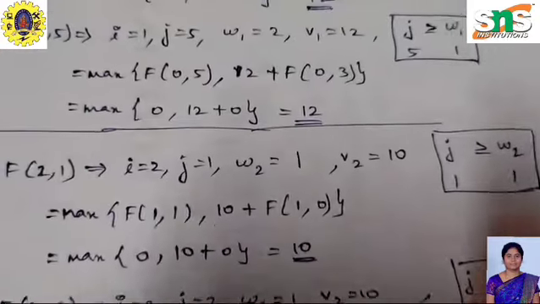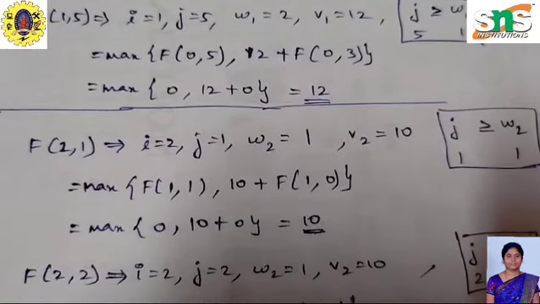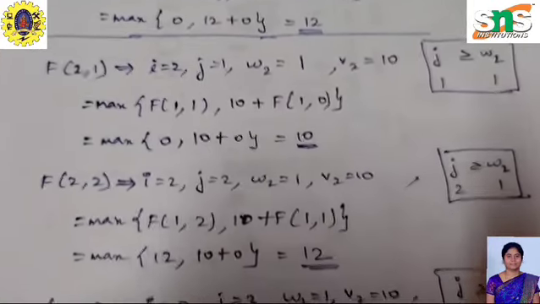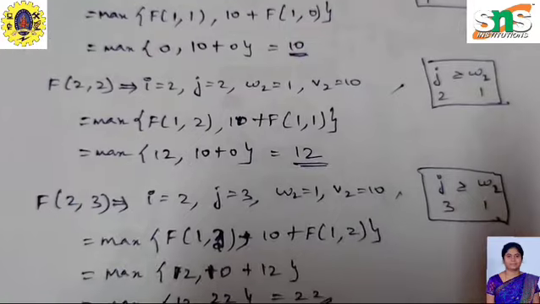Now we are calculating for 2 comma 1, and for this it is 10, and 2 comma 2 it is 12, and 2 comma 3 it is